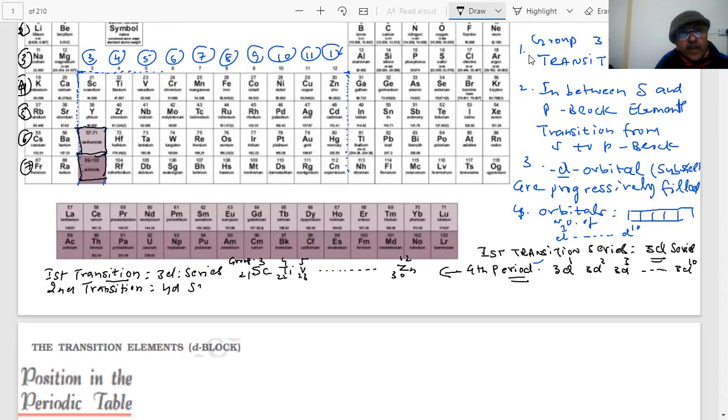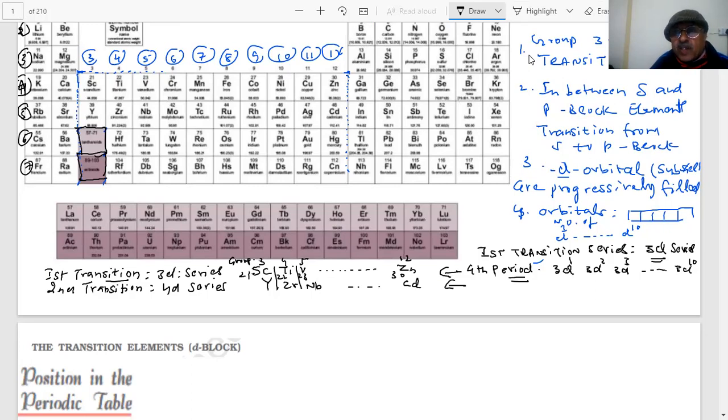This is the 4d series. In this, the electrons will be entering into the 4d orbitals, the 4d subshell, students. What is the first element you have seen here? Yttrium, students, and yttrium belongs to group 3. After yttrium, what do you see? Zirconium. After zirconium, niobium. And the last one you see is cadmium.